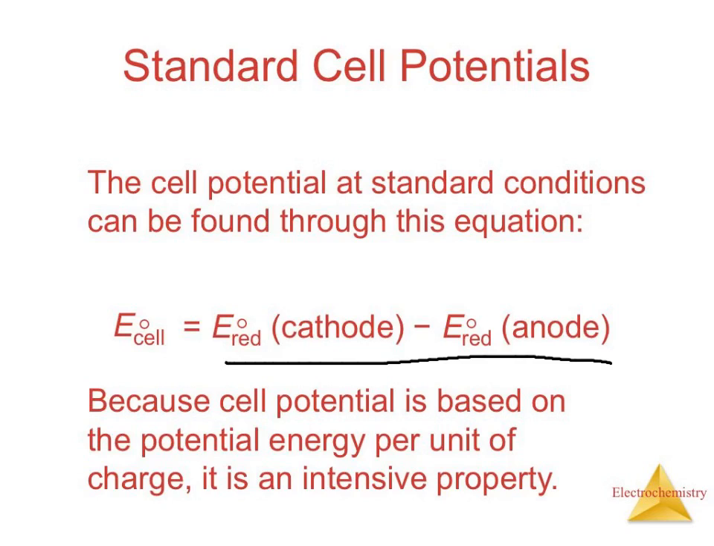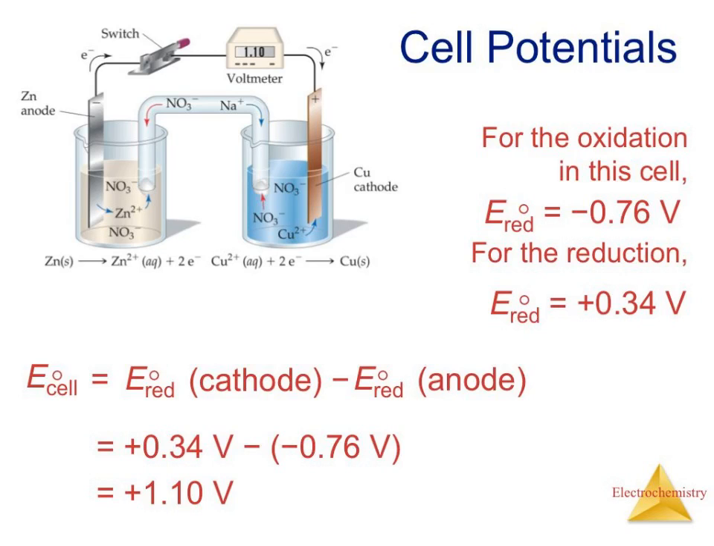So basically, if you're under standard conditions and you hook these two cells up, what would the voltage reading be? You can figure that out. Okay. So here's an example. If you've got zinc and copper hooked up together,